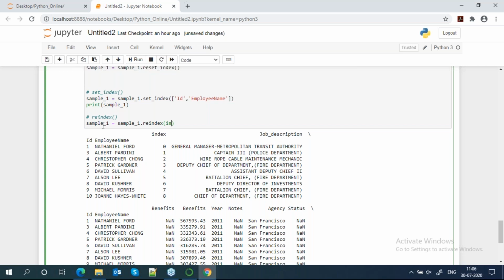If you want to reindex, suppose I want to use the ID index.